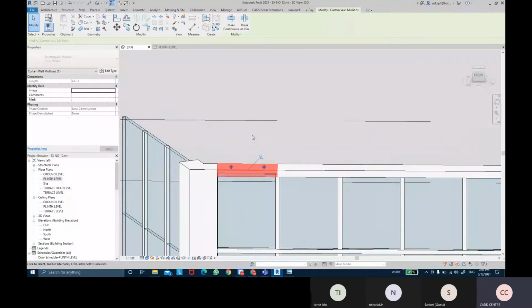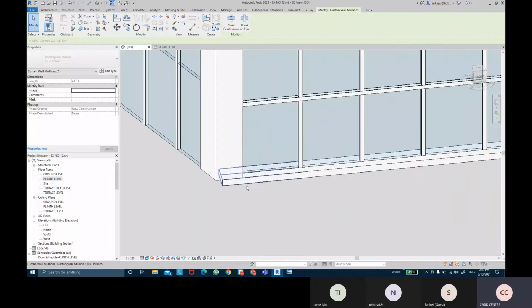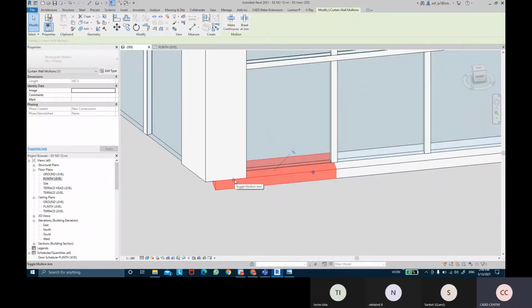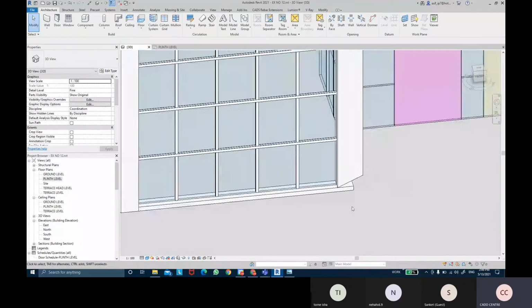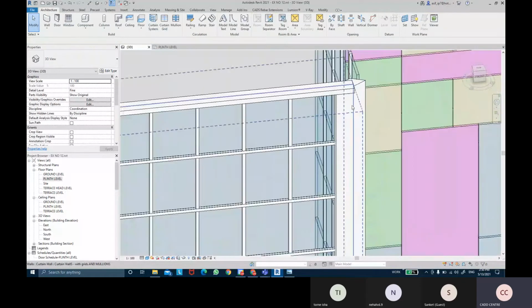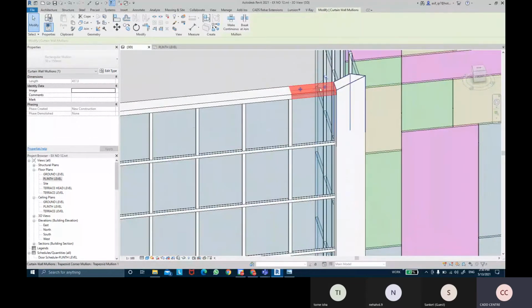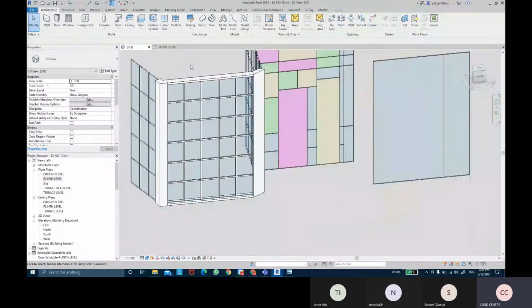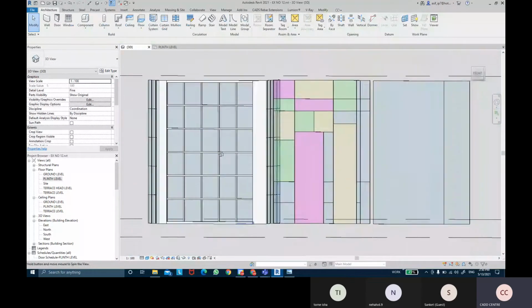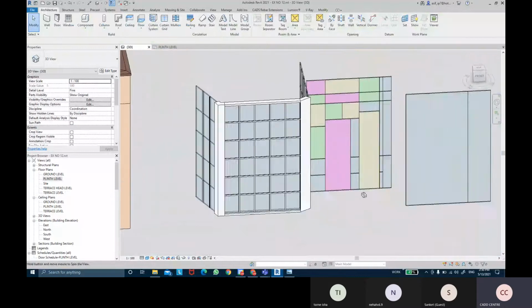So you can use the toggle continuous option. You can switch them by toggling so that it joins. Over here also you can see it's not joining properly. So what we need to do is just click on this toggle mullion joins to toggle it and join them. Same on this end as well. So select the mullion, toggle it to join it, and on this end as well. Select that mullion, toggle to join it, and it will fix that joining condition. And here we have your curtain wall with proper mullions added as well.